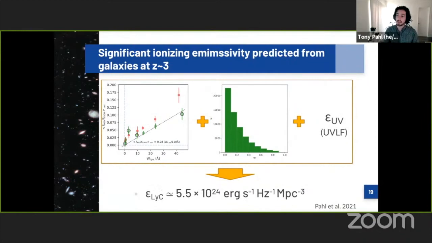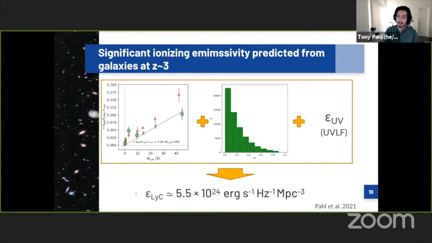Another thing we did is we wanted to look at the ionizing emissivity predicted from these galaxies at redshift 3, without these foreground contaminants being included in the sample. So we basically took the relationship between F900 over F1500 out and Lyman alpha equivalent width, and we took that relationship and assumed a Lyman alpha equivalent width incidence function,